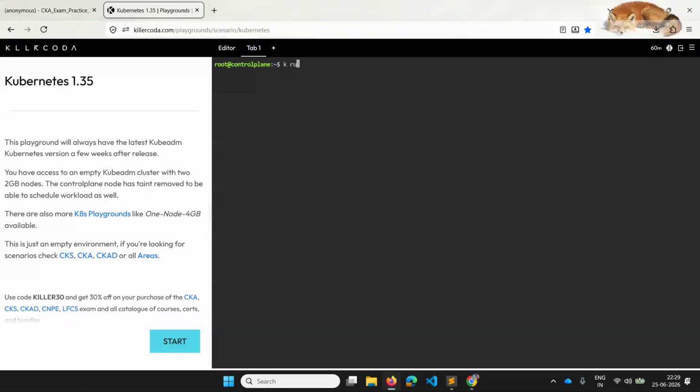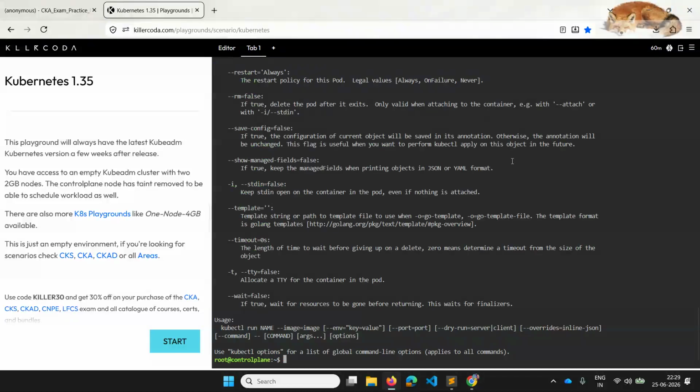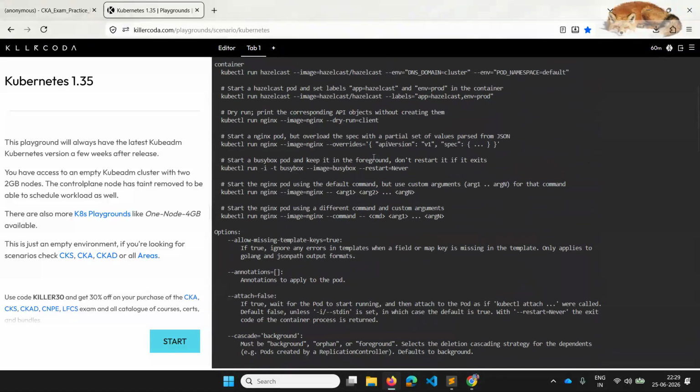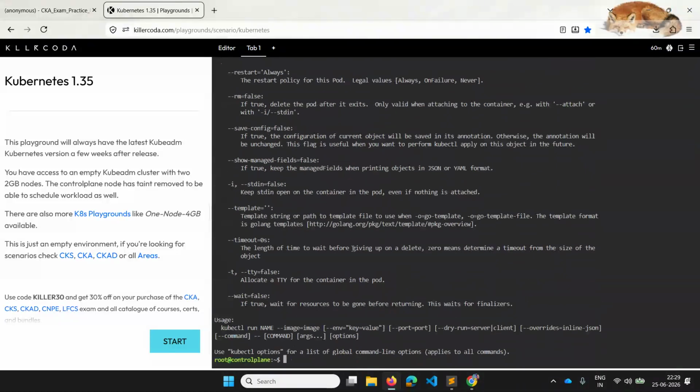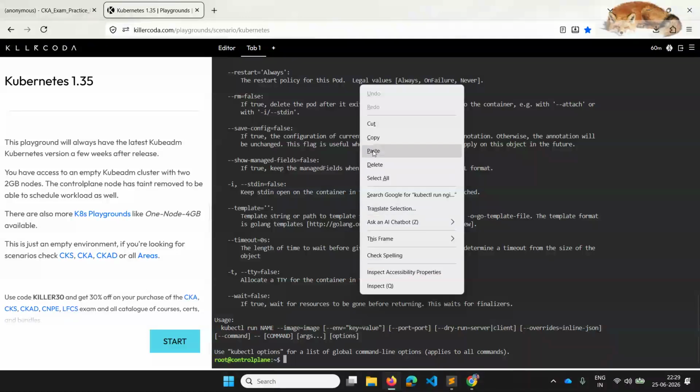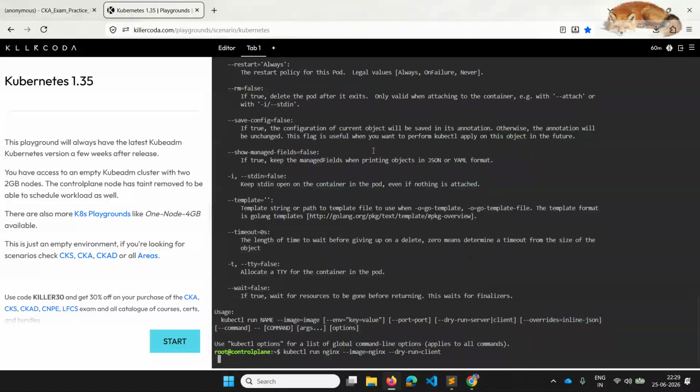Now I want to create a pod, so I can use the kubectl run command. I'll use --help, and I'll just take this example of dry-run=client, and here I'll paste it with -o yaml and --dry-run=client, and store this into pod1.yaml.